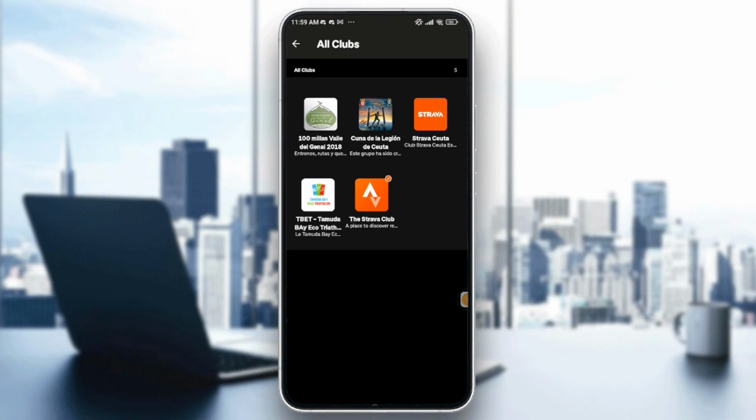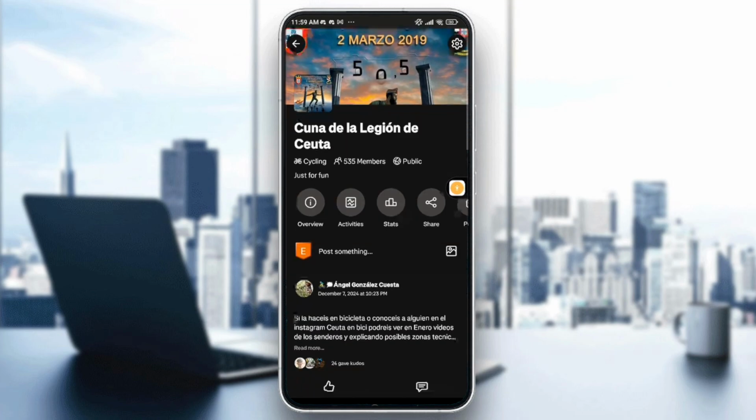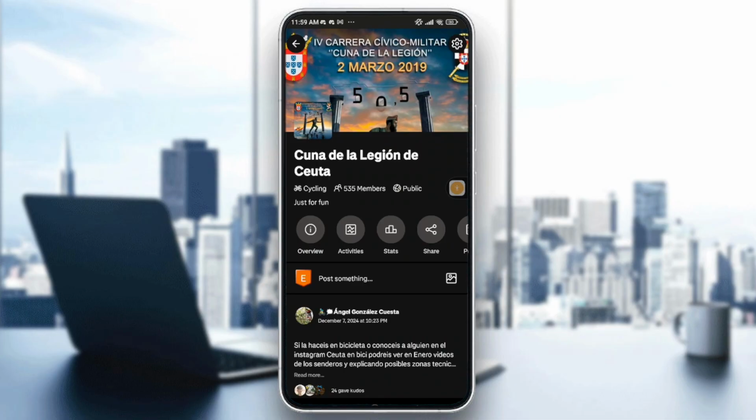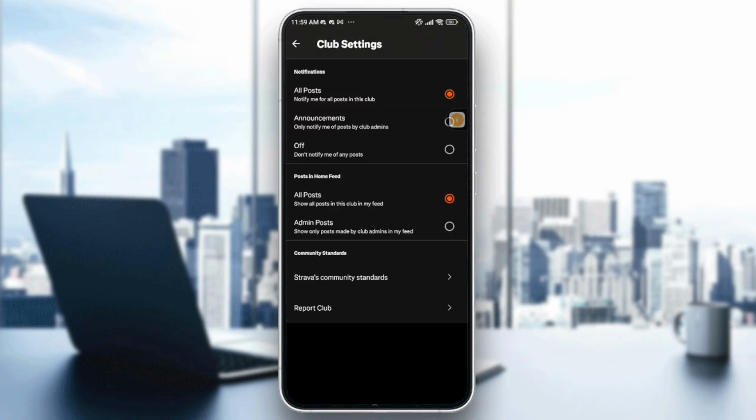And as I told you, you can't archive it, so I have some other options. So for example, I'm going into that club. Alright, so you just need to tap on it, and after that, as you can see, we don't have the archive option. Even if we go through the gear icon on the top right corner, right here we don't have